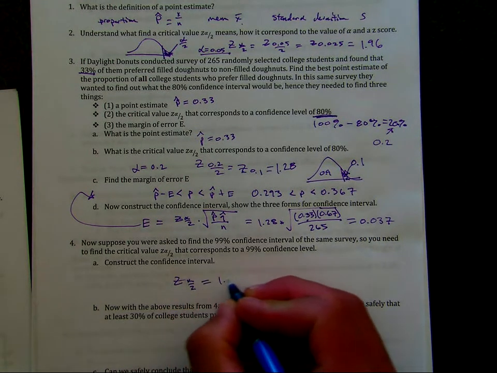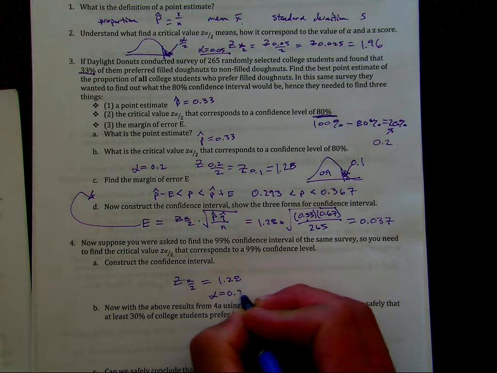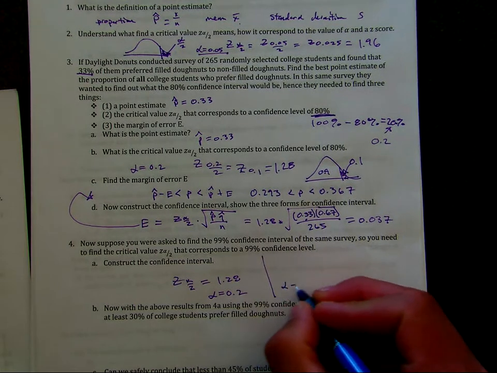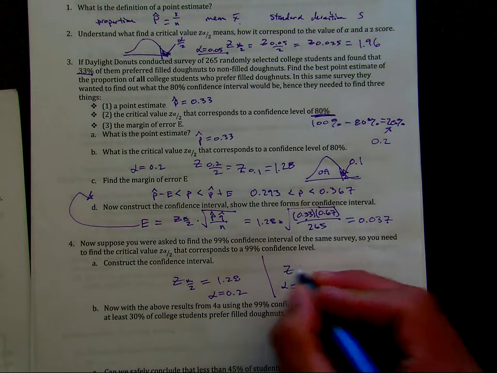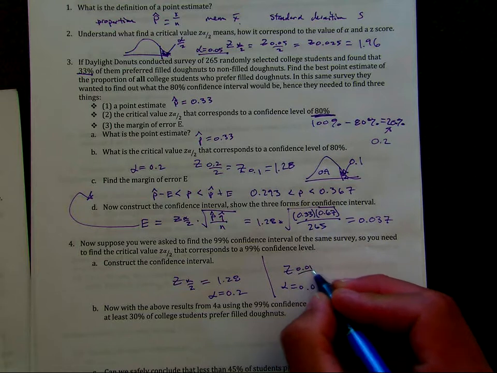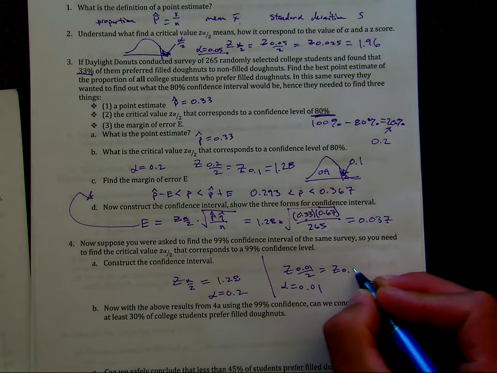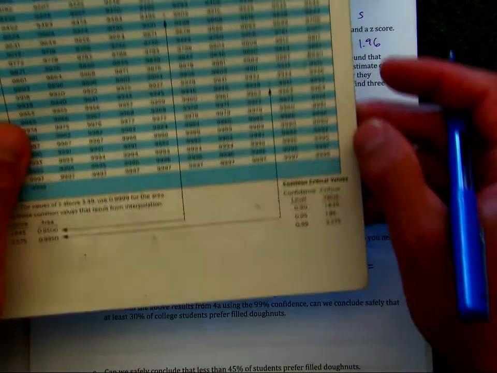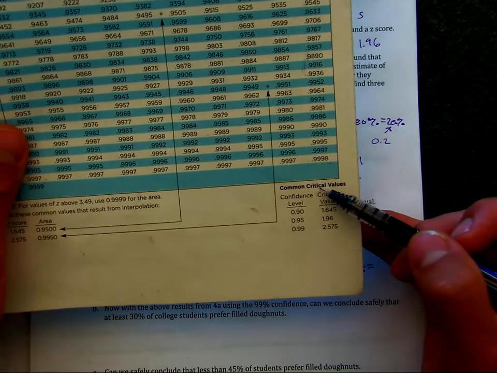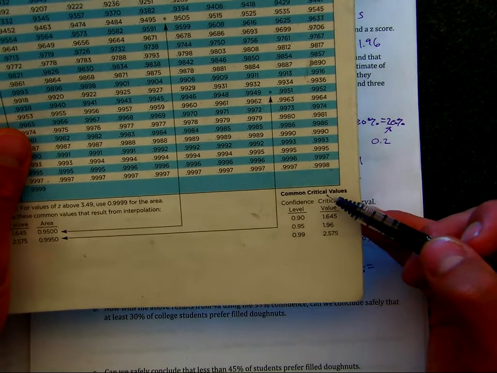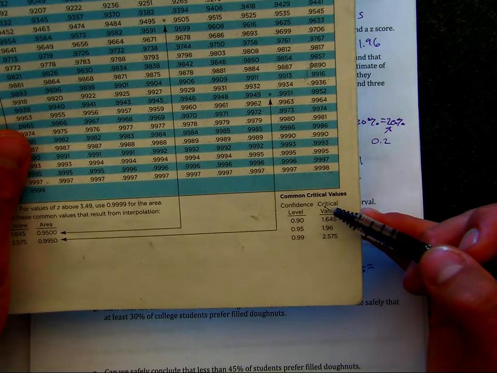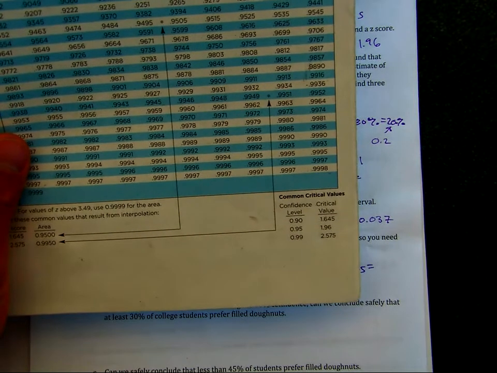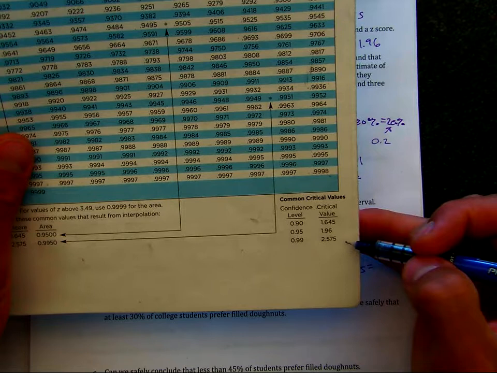Instead of the 1.28, which was the alpha of 0.2, we're going to do alpha of 0.01. And so we need to find the z of 0.01 divided by 2, or in other words, z of 0.005. And in that case, we can get our table and look up that value. What's also really nice about your handy-dandy table is down here, these are common critical values. Now, these are when it's z alpha over 2, okay? You've got to make that distinction for yourself. So in this case, it's going to be 2.5